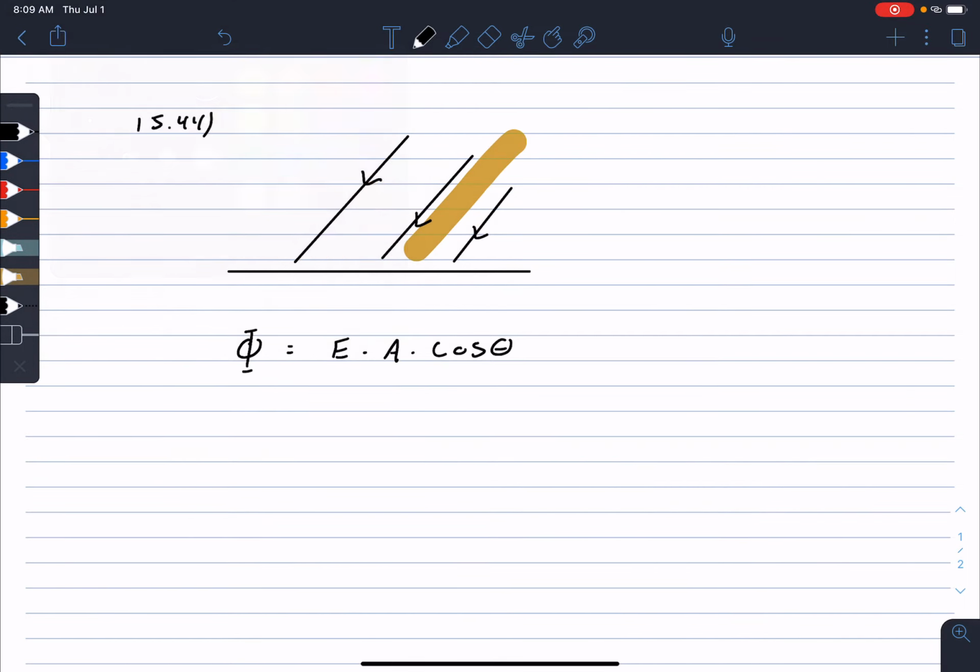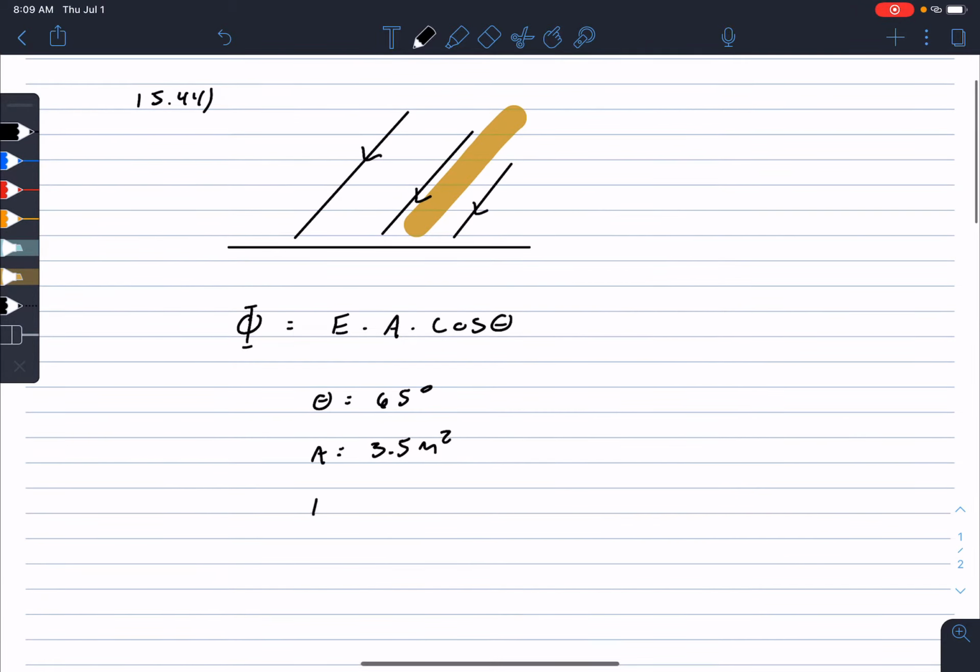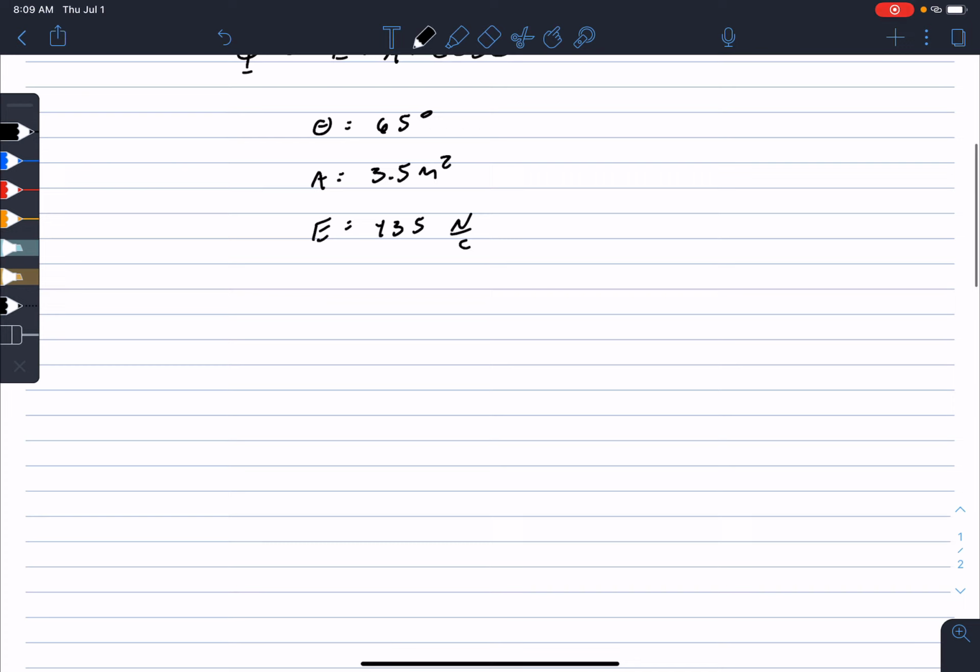Right? So we are given some information. We're given that the angle is 65 degrees. The area of the surface is 3.5 meters squared. And the E field is 435 newtons per coulomb. So then we just plug all of that in,